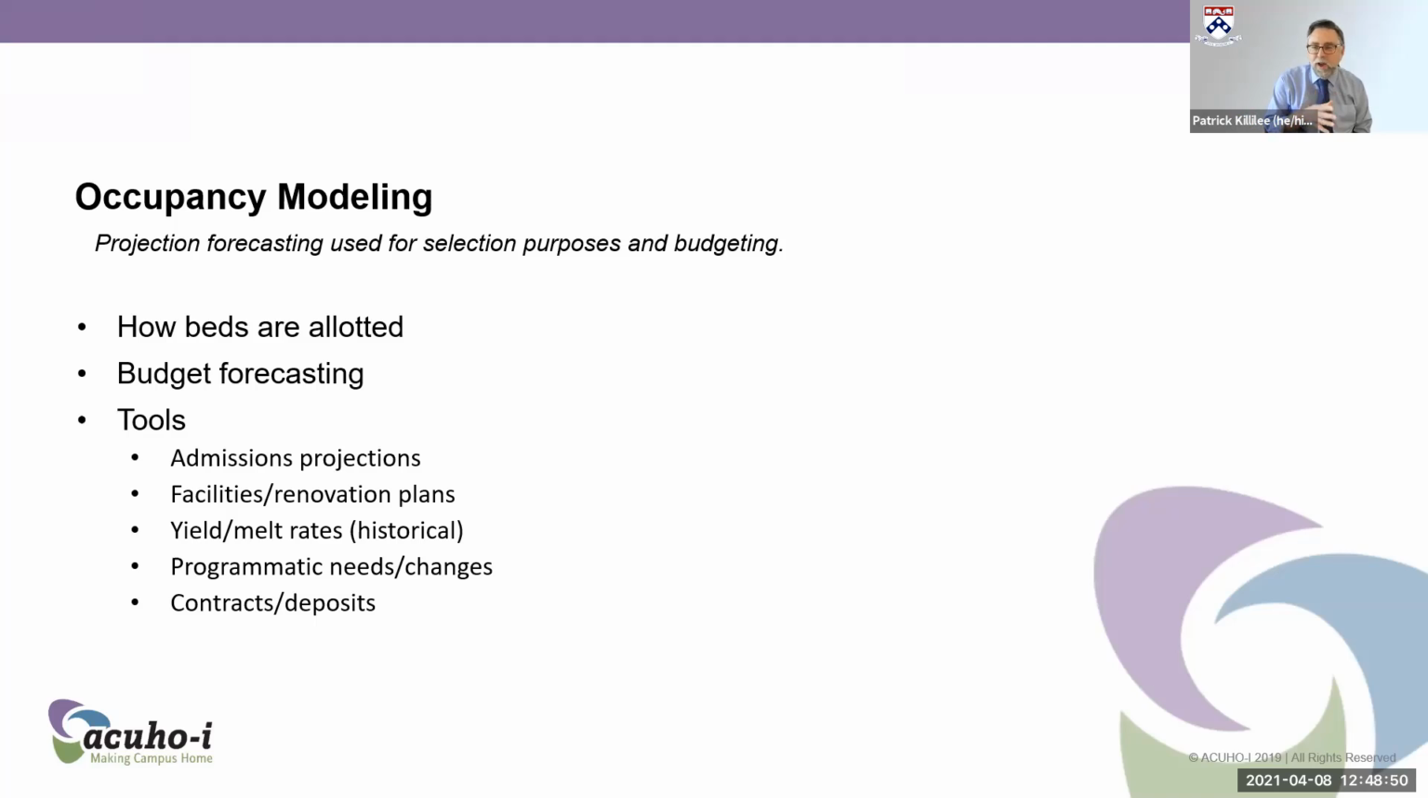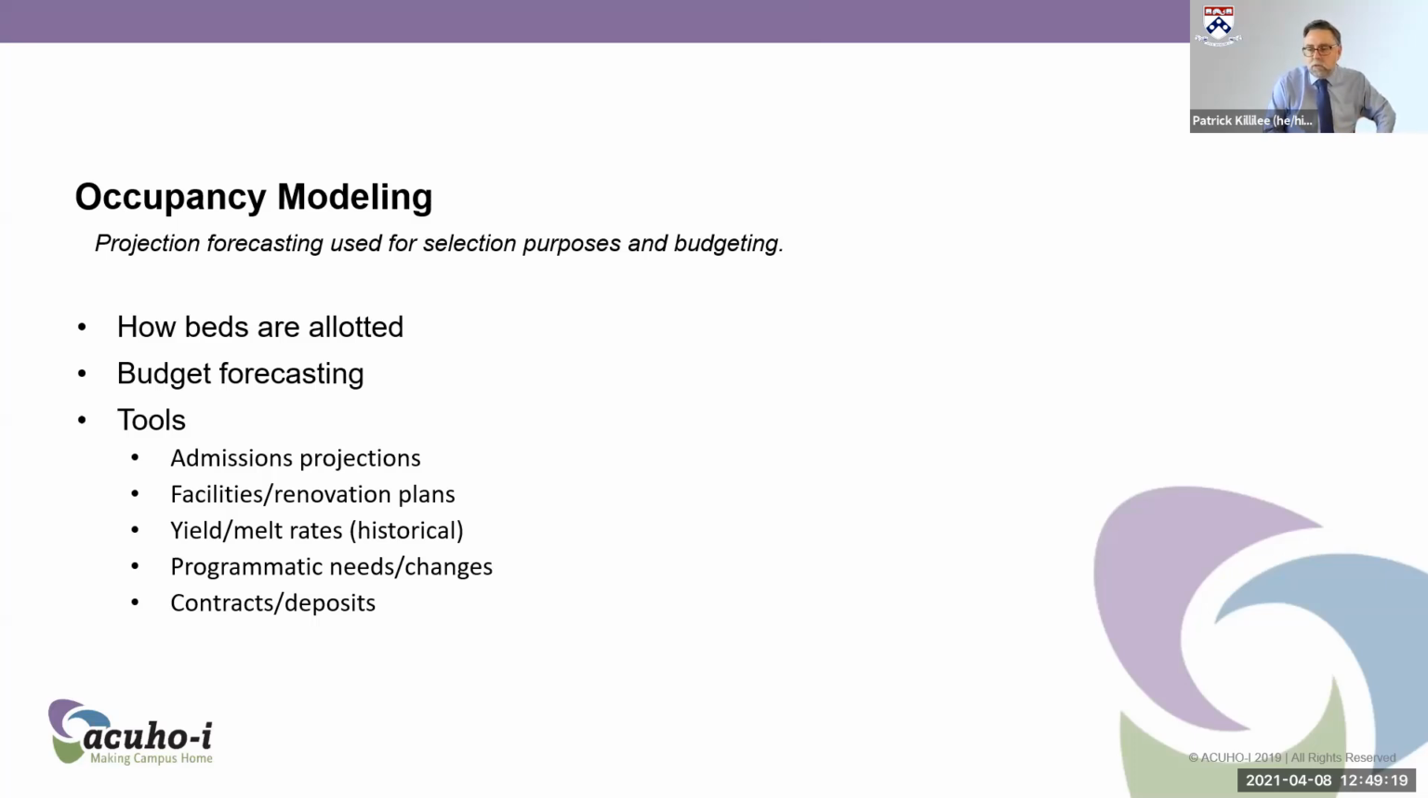I personally use 5 as my reference point, 5 years out, look 5 years back, and that's usually how I like to do things. But that's just something I've developed over time. But you have to think through, how are your beds allotted? Thinking through what we've just talked about with the capacity and the occupancy needs. How does this impact budget forecasting? But what are the tools? How do you work with admissions